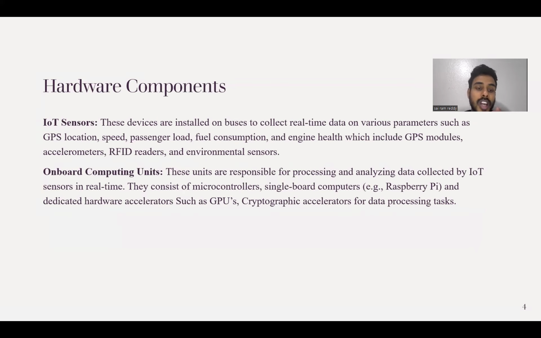Coming to the hardware components, we use IoT sensors which are used for collecting the real-time data for various parameters such as GPS location, speed, passenger load, fuel consumption, and engine health, which includes the GPS modules, accelerometers, RFID readers, and environmental sensors. Then the onboard computer units are responsible for analyzing the data collected by the IoT sensors in real time. They consist of microcontrollers such as Raspberry Pi, single board computers, dedicated hardware accelerators such as GPUs, so that the processing time is very fast, and cryptographic accelerators which are used for security of data